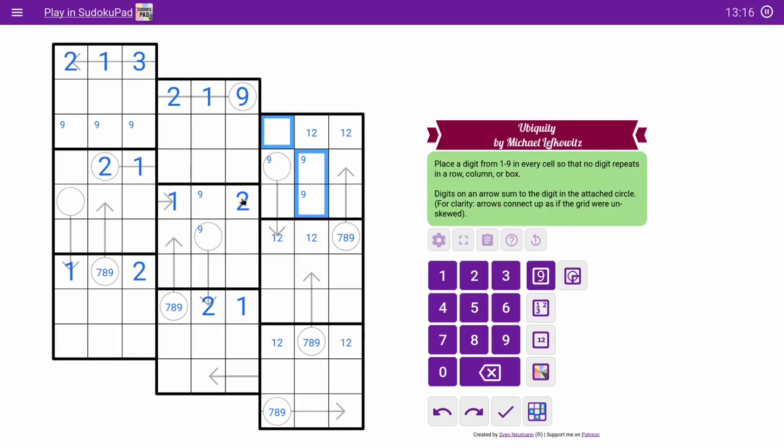It feels like we were supposed to lead with this deduction at the top involving the highly constrained 9 arrow, which then cascades to the 2s, 1s, all the way down to here. And now we have this highly constrained arrow, which will presumably be either 7 or 9, I'm not sure which. And then it'll cascade